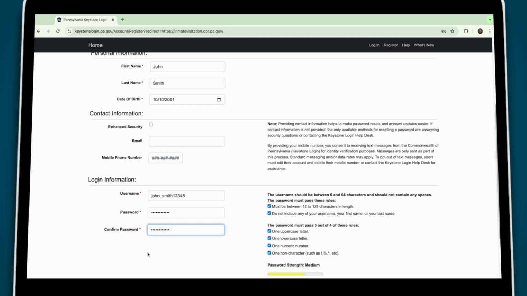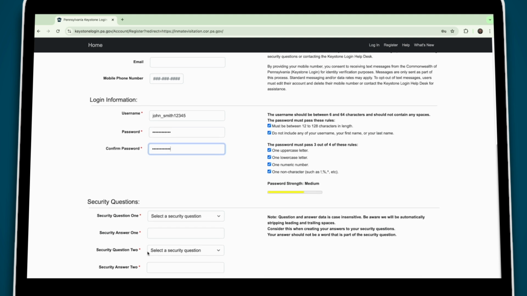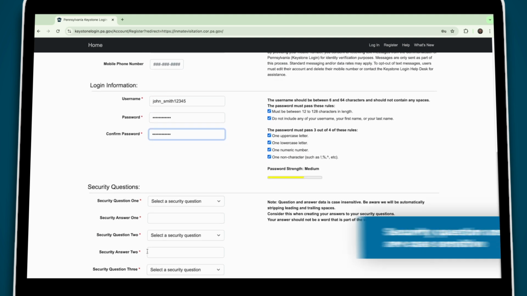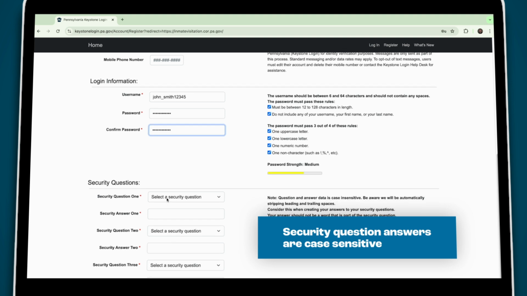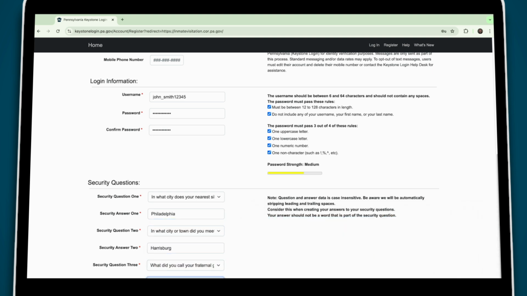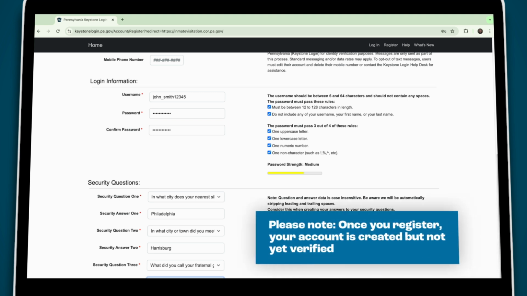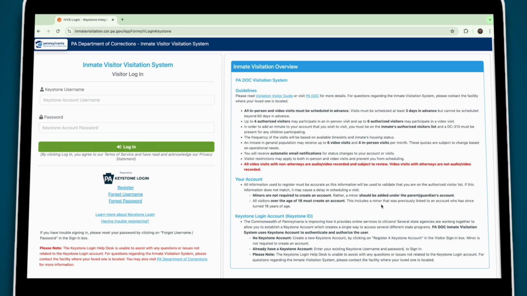Once the step has been completed, we have now reached the security questions. These responses are case sensitive, meaning it matters if you use uppercase or lowercase letters. So if you use any capital letters, please write them down somewhere safe. After you've filled out your final security question, please click Register. Your account is now created, but not verified. Your screen should return to the IVVS homepage at